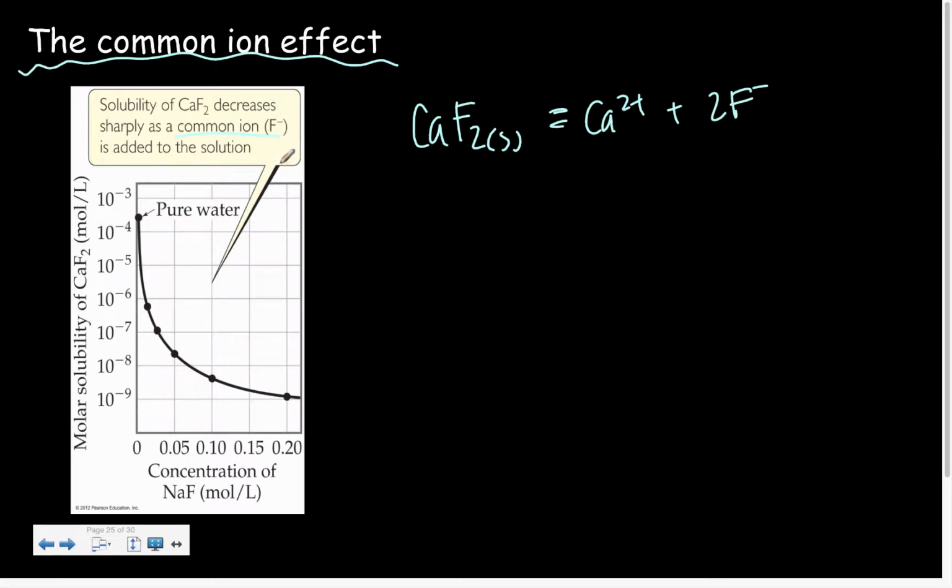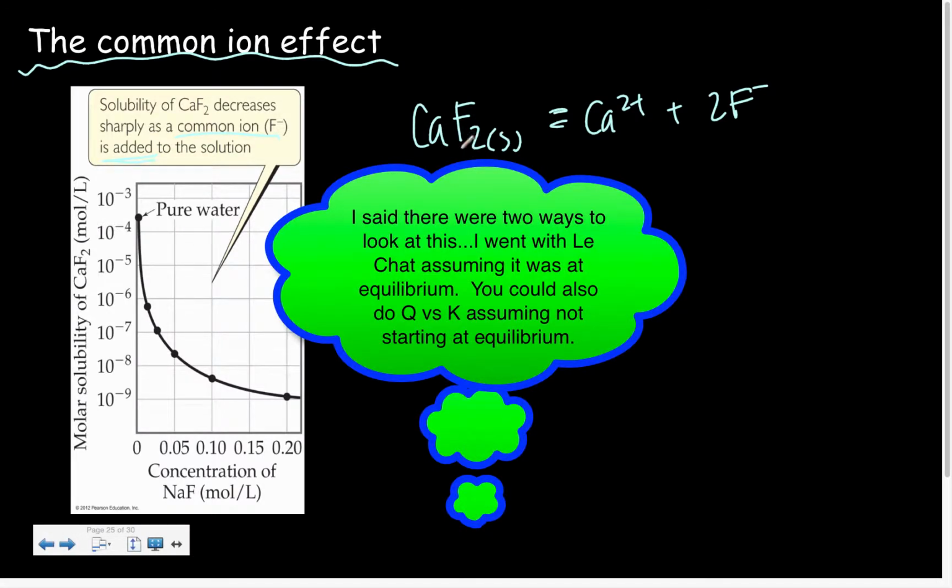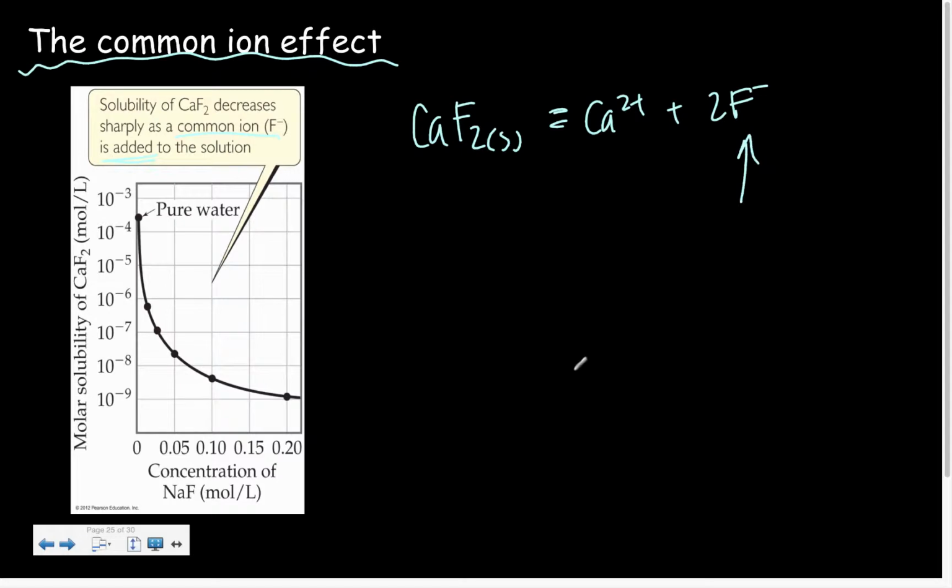We can think about this from two points of view. In terms of this wording, "is added," it's saying we already have ions and then the solubility decreases. So let's talk about that. Let's say that we have a container wherein we have calcium fluoride solid in equilibrium with its relative ions. If it's at equilibrium and we were to add some fluoride ions, what kind of analysis are we really doing?